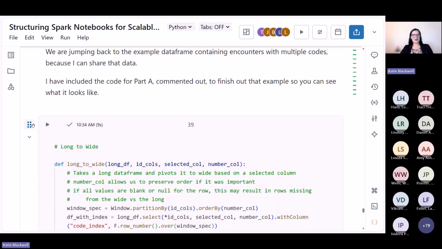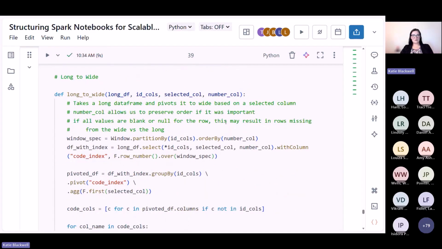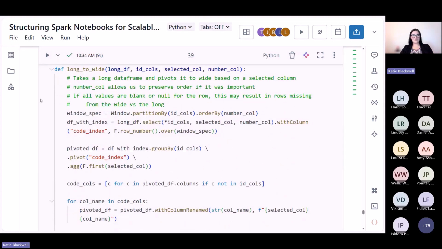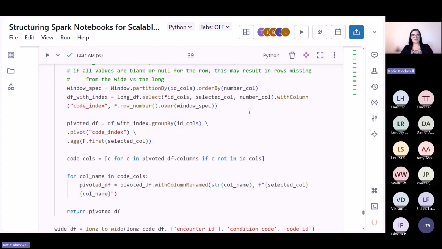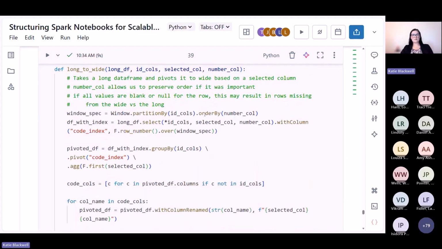So for long to wide, this code I wrote and I wanted to share because I couldn't find anything that did this. And I actually asked Chat AI if it had any good ideas about what to do, if they had any better ideas, but it didn't give me anything that worked. So I thought I would try using a window function to order by the number, and then to take all of my things, so I can make it from long